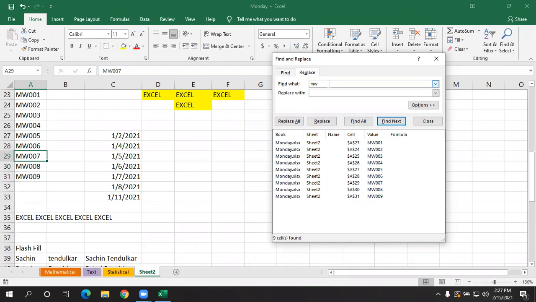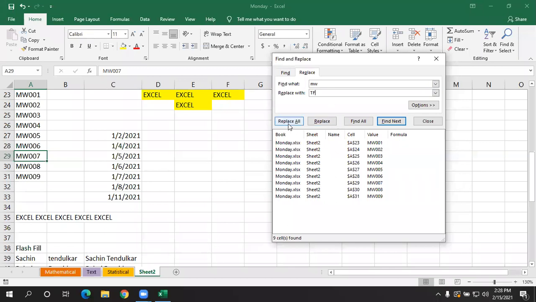Now wherever there is MW, I want to change that with TF, but I want it here in uppercase, so I'll give here TF. Now it will search for the word MW, and wherever there is MW, it will replace it with TF.